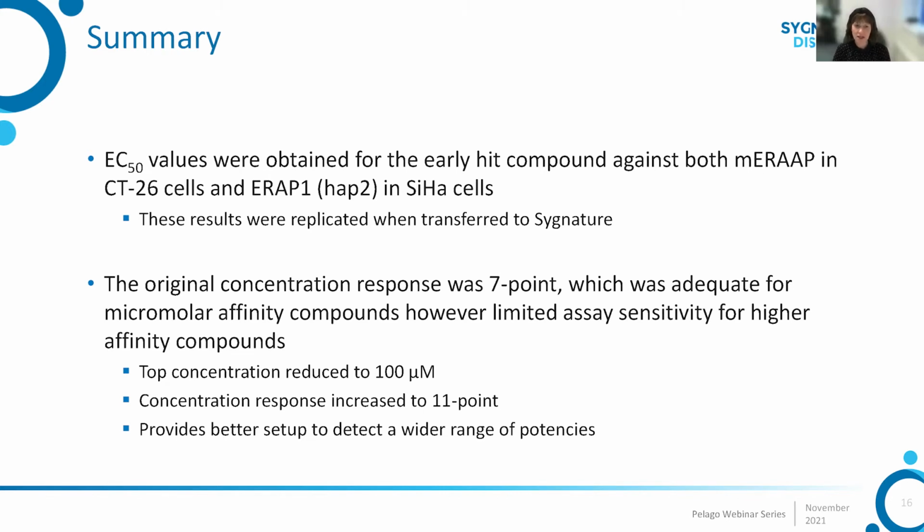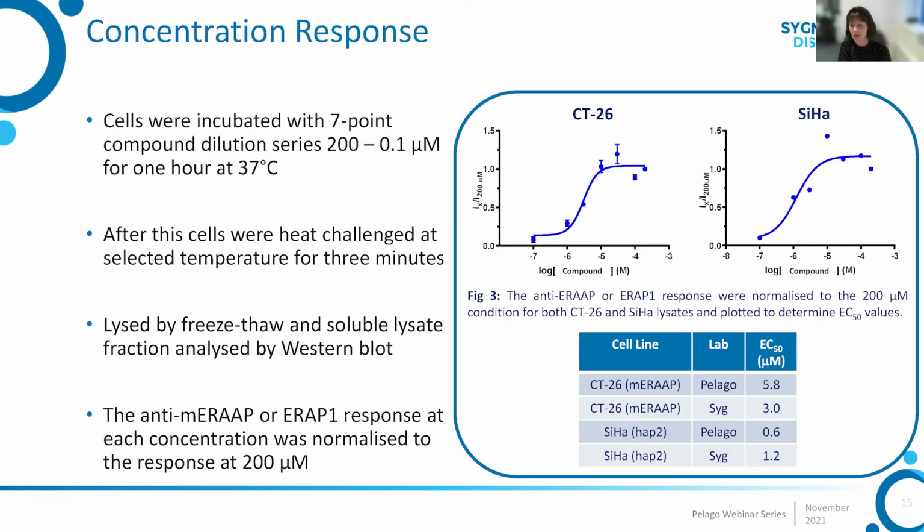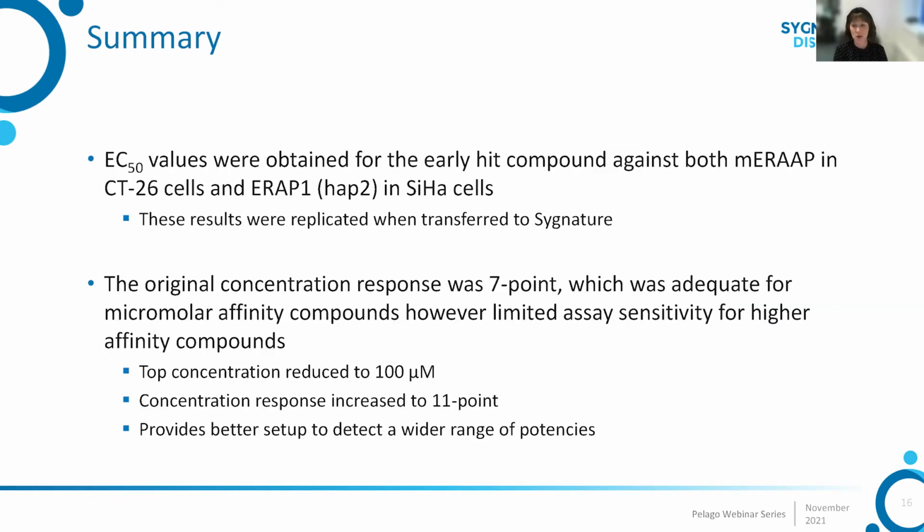We made some modifications at this point. So the original concentration dose response curve was 7 points, which was adequate for these micromolar affinities. However, if you look at the CHAR compound, which is coming out sort of around a micromolar, you can see we're just sort of cutting the bottom of that curve. And if we go much further below that, the assay sensitivity is really going to struggle to define EC50s lower than that. So we decided at this point to reduce our top concentration to 100 micromolar and increased our dose